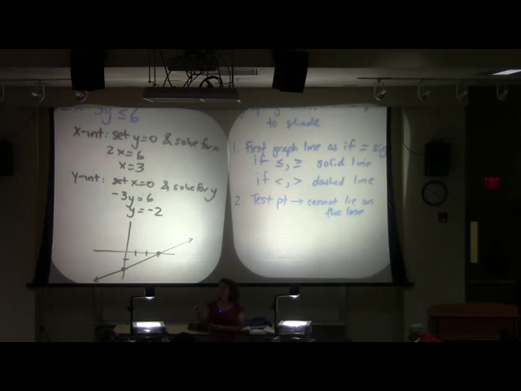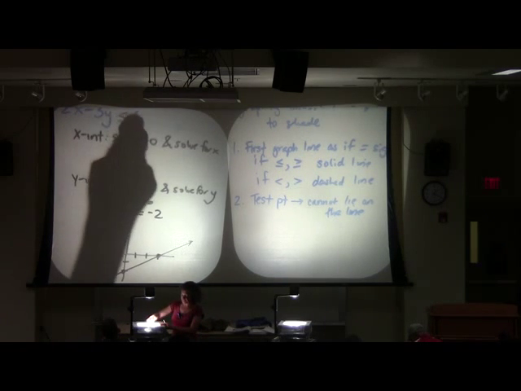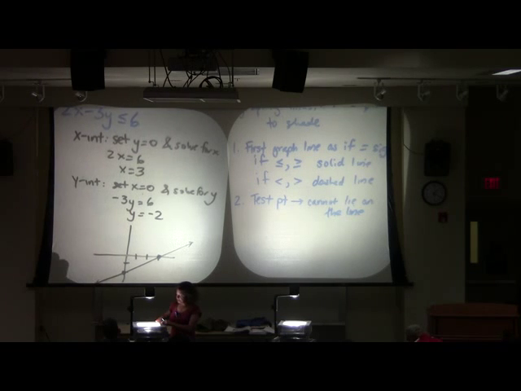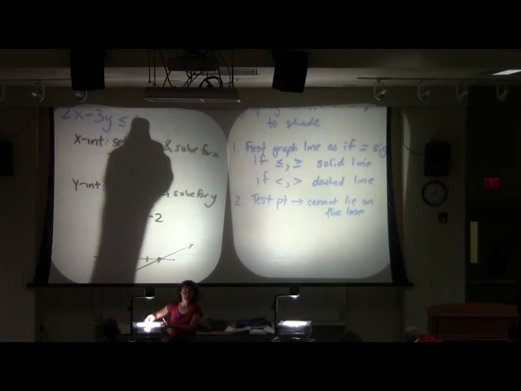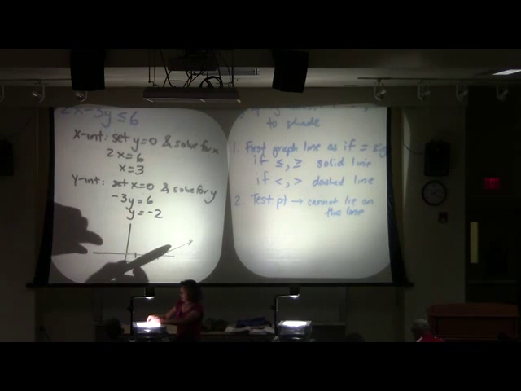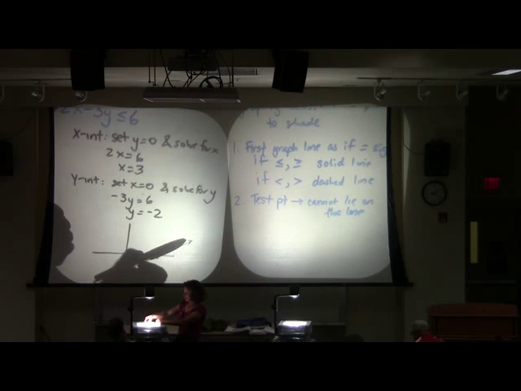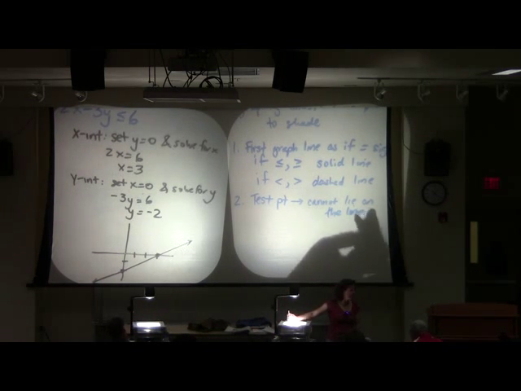Okay. Now, we are not only interested in the values of x and y that give us this equality, we're also interested in all ordered pairs where 2x minus 3y is less than 6. Okay? This is where taking a test point comes into play. So what we're interested in is all x, y values that lie on this line and either lie above or below the line. So what you're going to do is take a test point that doesn't lie on the line, because that won't give you any information whatsoever.